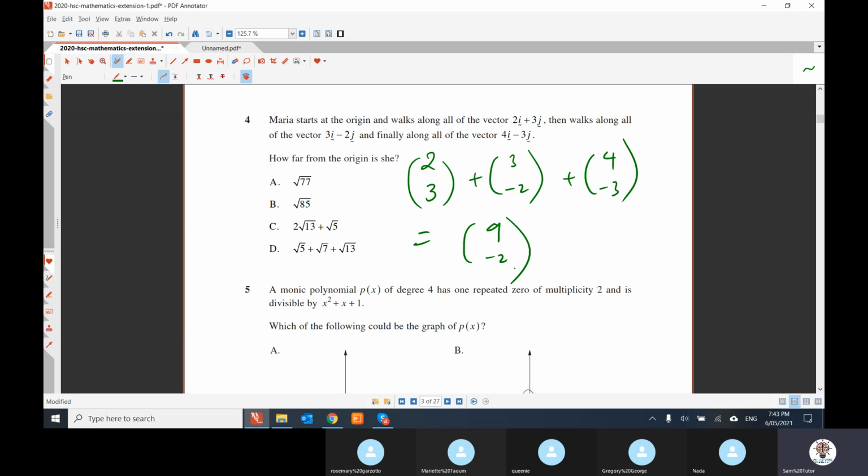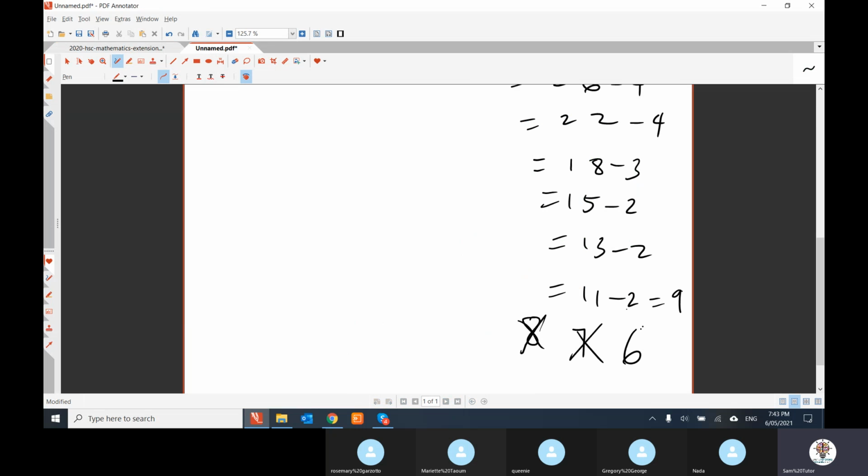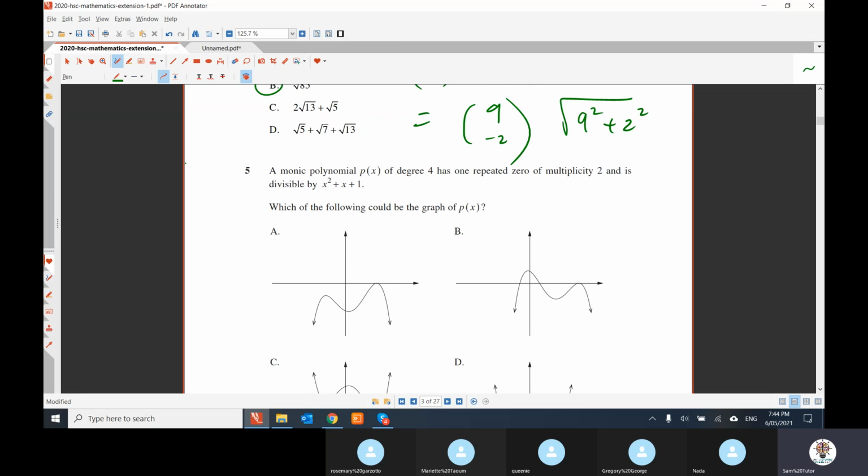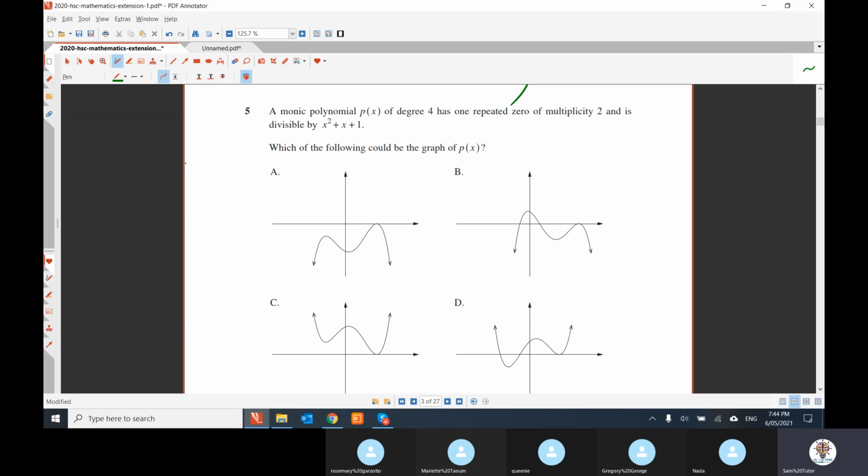What's her distance when she's there? Well, her distance is square root of 9 squared plus 2 squared. 81 plus 4, 85, answer is B. Done. 5. Happy with that? Just weird saying all of the vector. Anyways. A monic polynomial